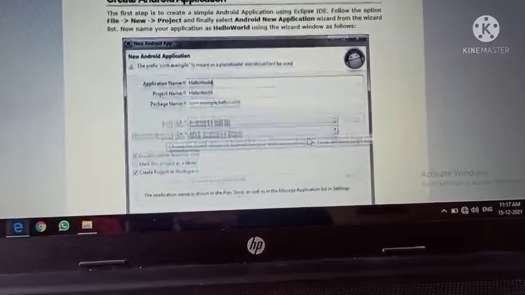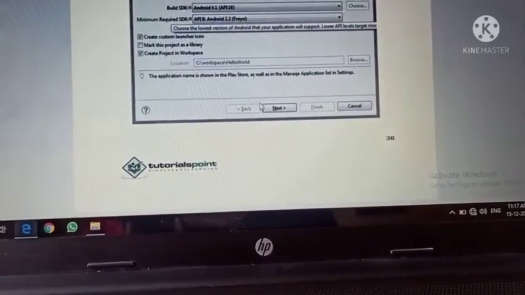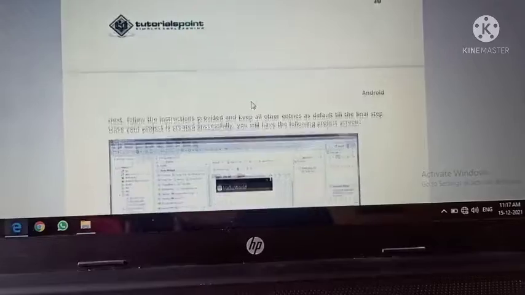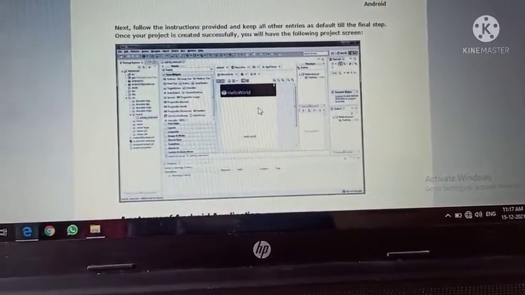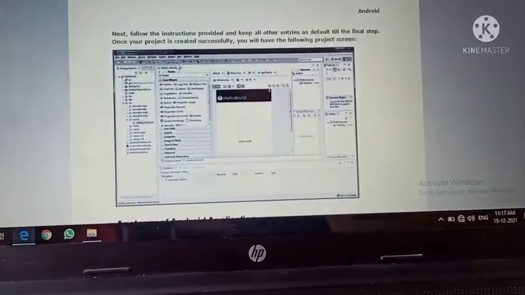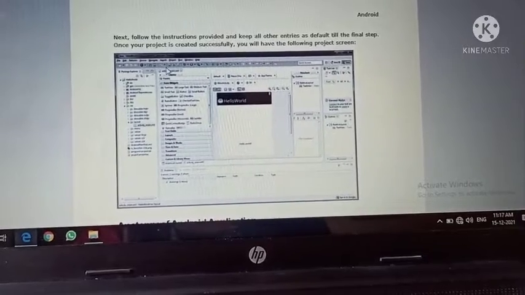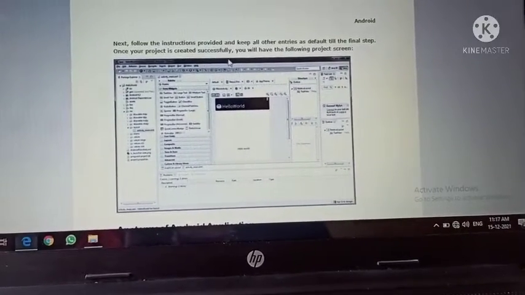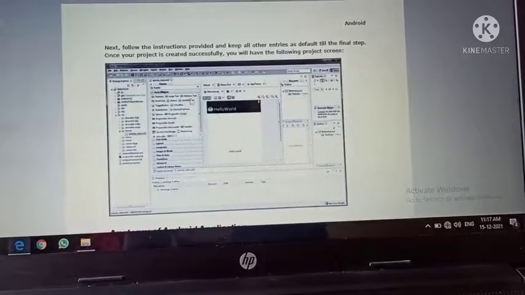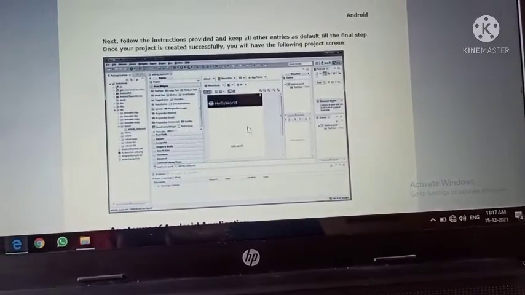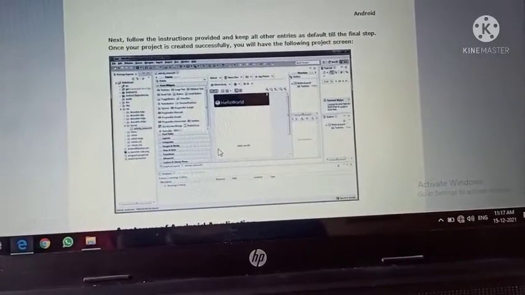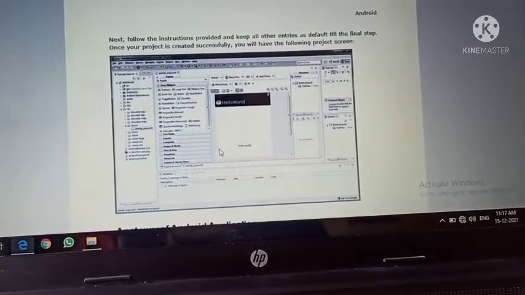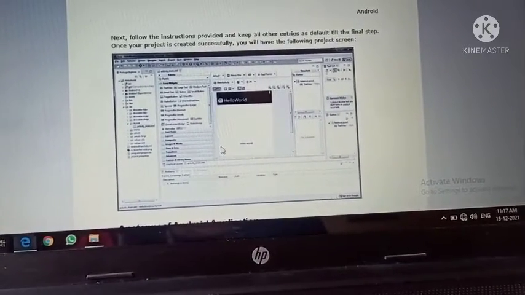Then you need to click on the next step and follow the instructions to keep all your entries as the default till the final steps. Once your project is created successfully, you will have the following project screen. So after some steps you will get this screen. You need to type your package name, then file name and also the class name.